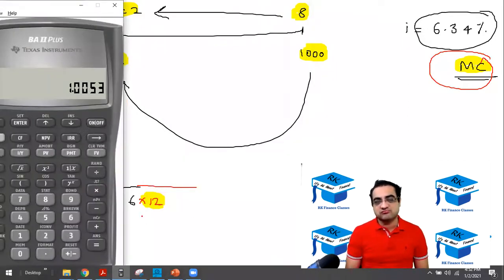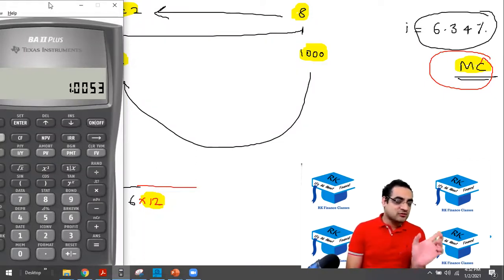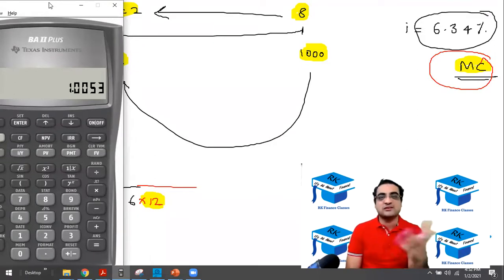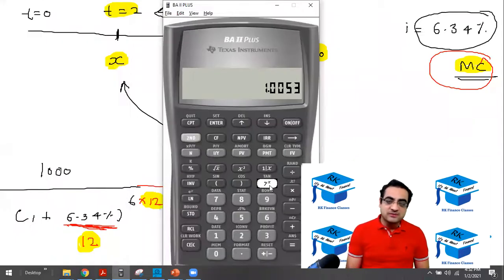is 72. So I think everyone knows the table of 12. But in case someone doesn't, if it is 16 into 12 or something, then we will not be able to directly mentally calculate 16 into 12. So in that case, you know what to do. You have to press raise to, then open the bracket like this, and then press 6 into 12 and close the bracket like this, and then press equal to.